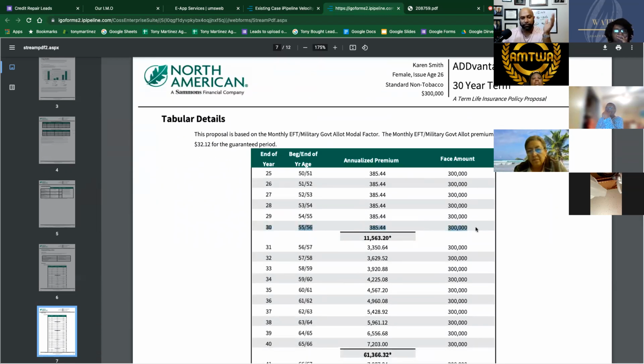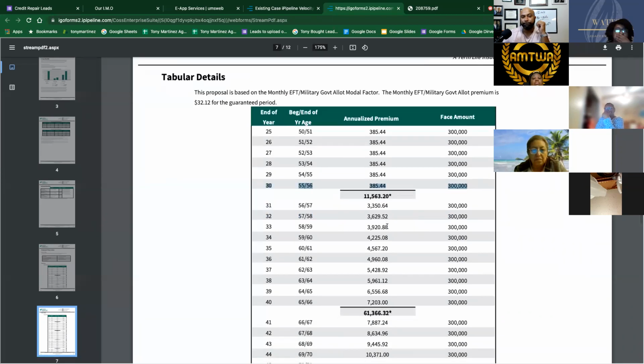I would like to add that North American may counter with better than quoted, even on the express underwriting. I like that. It's good to know. So there's a chance that the price could be better with North American. That's good stuff. Okay. Now, after the 30-year period is up, whatever you sign up for, if it's a 10-year